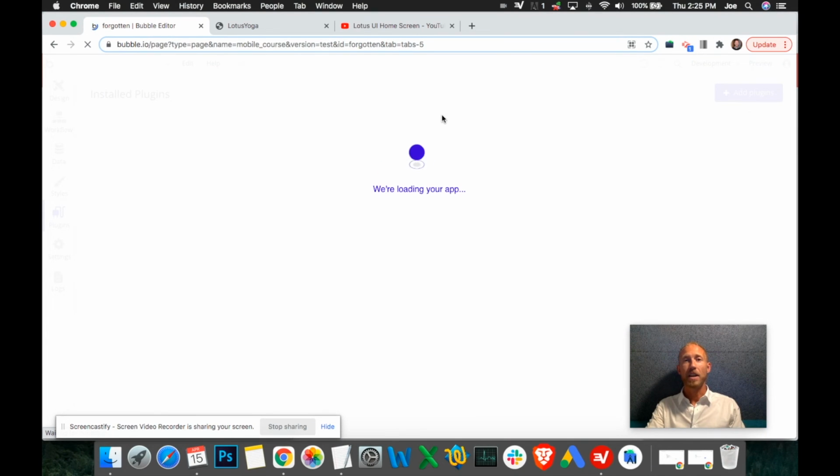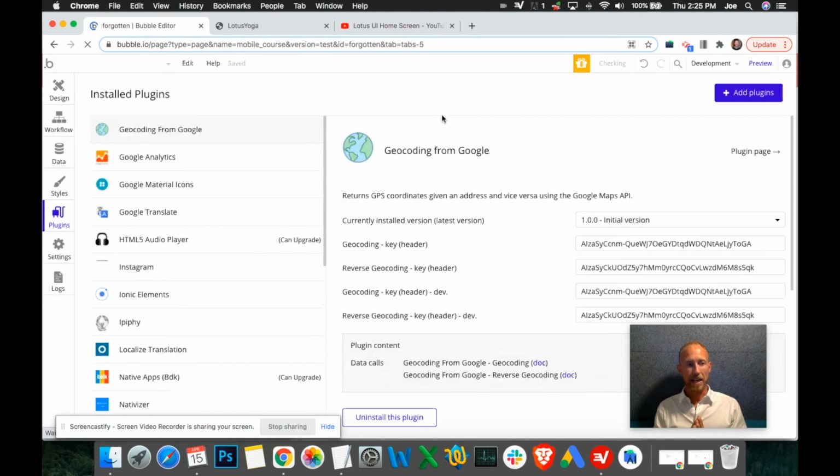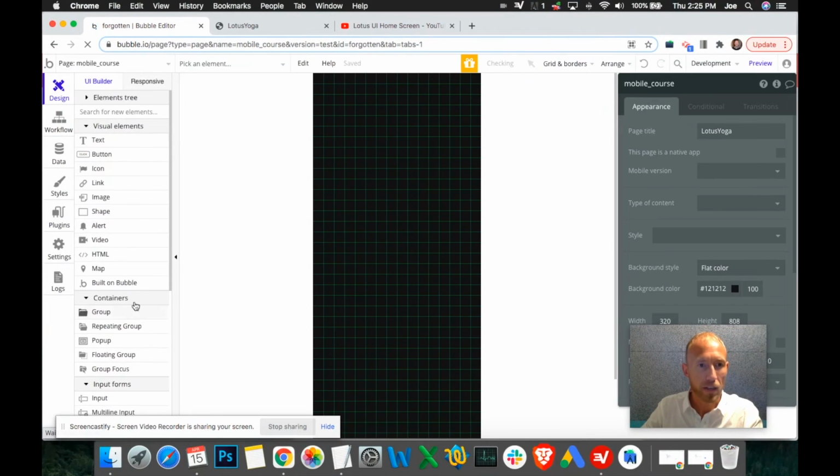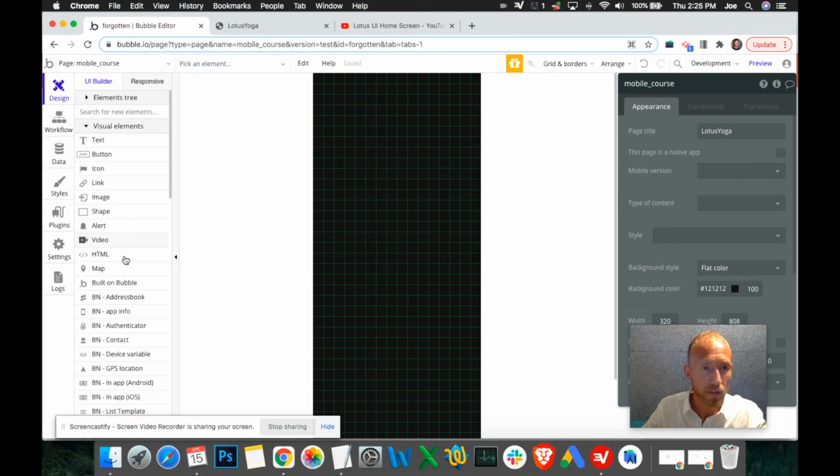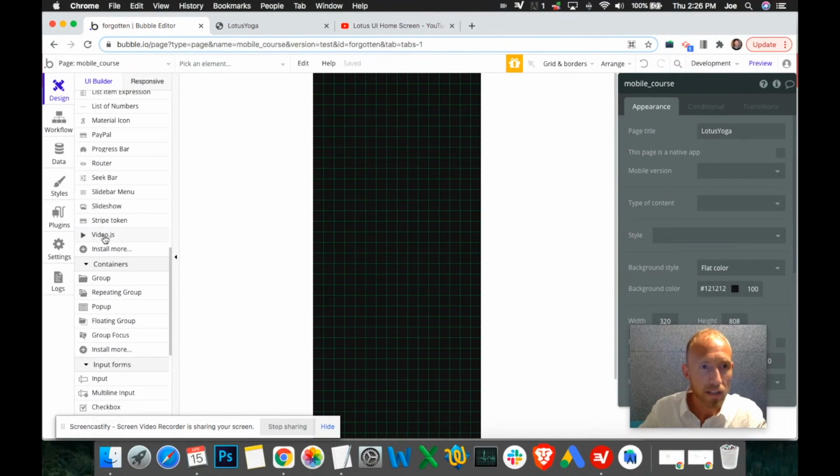Okay, so I actually already have that plugin installed. Super easy. You go to that little button that I showed, you have that pop up, search for video.js, click install. What that will do is bring up on the elements, the visual elements for building stuff, this one right here that I'm clicking. So on the left here, video.js. You click that, plop it down,